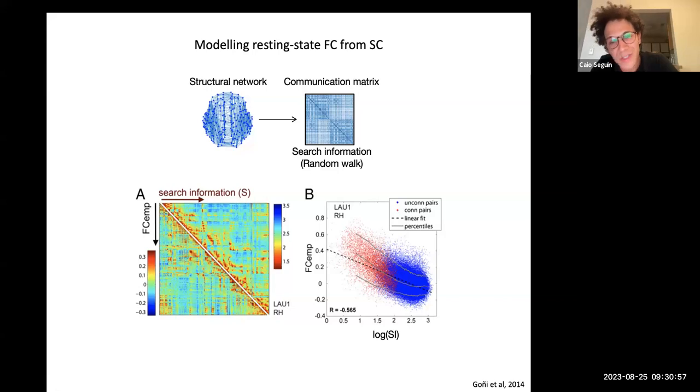And what I want to stress is that this measure is really easy to compute. It is an analytical transformation of the structural connectivity matrix. And yet it goes a long way into explaining variance in functional connectivity. So even though it's really simple, and it's kind of this stylized idea that the brain sends these little signals along the network, it seems to have a nice sort of explanatory power.